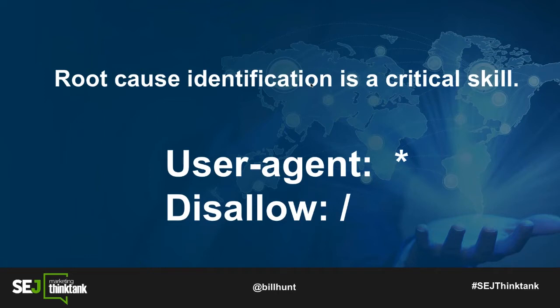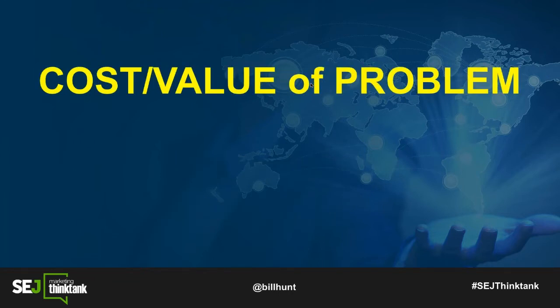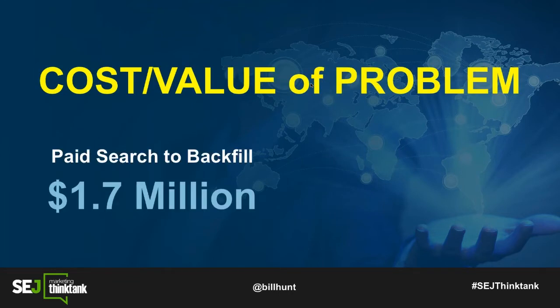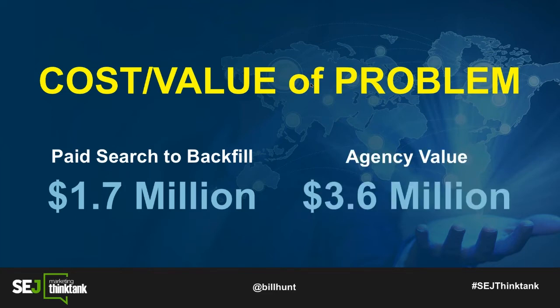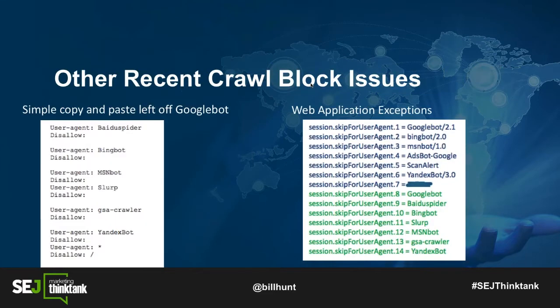And if you go to the next slide, other recent crawl blocks that I've seen, I think we're actually starting to get either less sophisticated or more sophisticated. The one on the left was someone had simply copied and pasted a robots text file and then put it over onto their website. And what they did when they did it, if you notice, Google's is missing. So they had completely dropped out of Google after a rebuild, and all it was because when somebody copied and pasted something, they missed Google, which was the first entry in the file. So something very similar to actually blocking it was leaving something off.